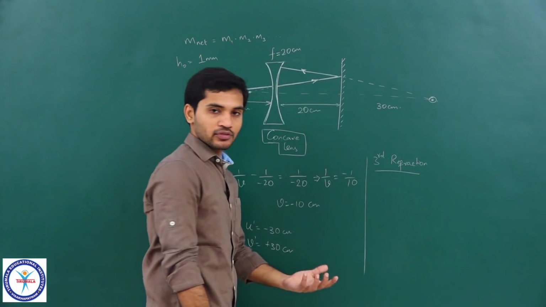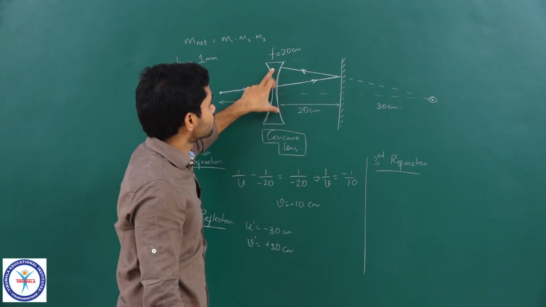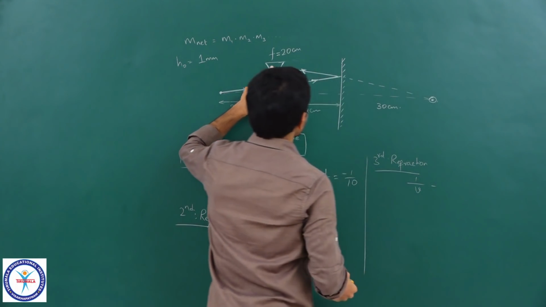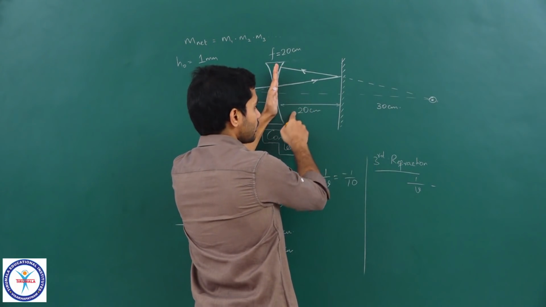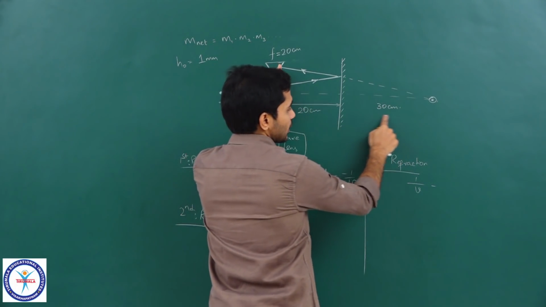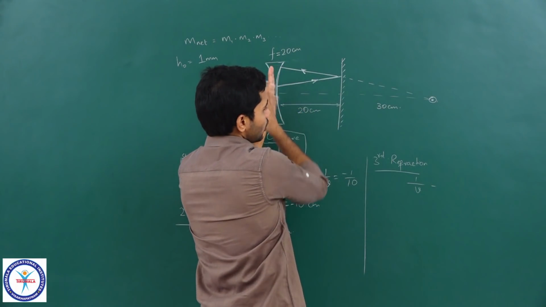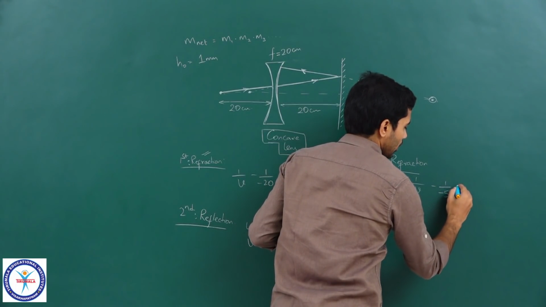Okay. So, I have to write the lens formula. How do I write the lens formula here? 1 by V minus... so from this is our lens, light rays are coming from here at a distance of 20 plus 30, which is 50, but this is the positive direction, and the object is on this side. So, I should take it as minus 50, is equal to